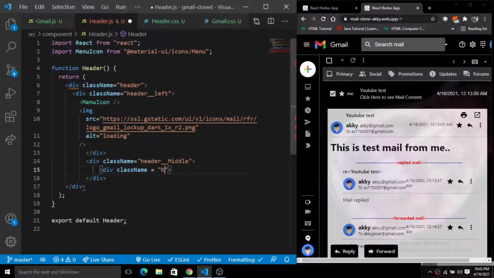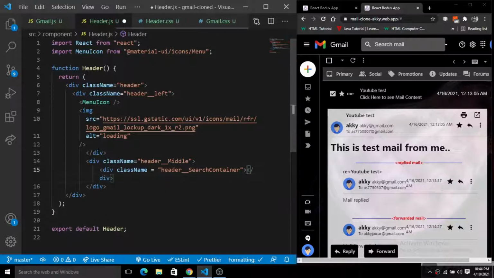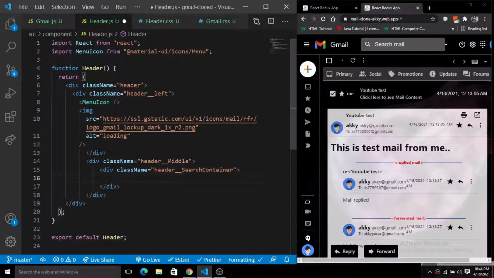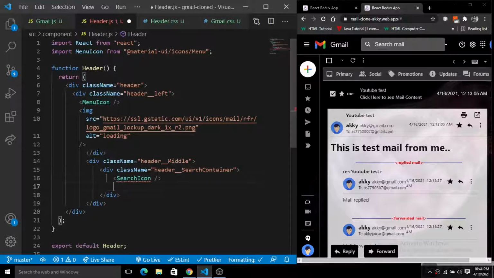So that's why I will simply give a header search container. Simply close this div. Inside of this header search container we have a search icon. So we have this search icon, we'll simply import it from the material UI icon. Next we have an input field.